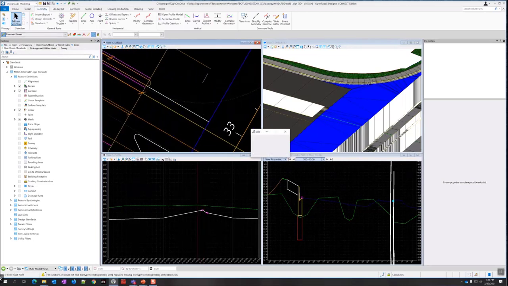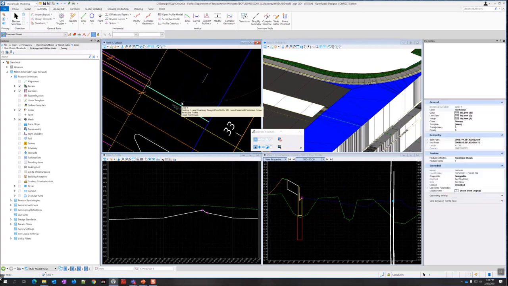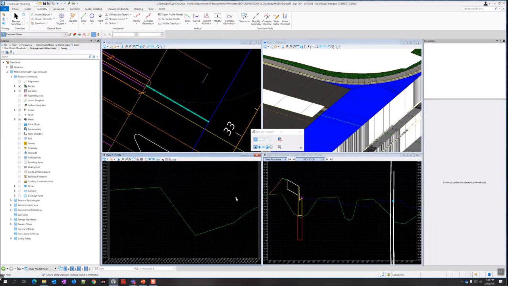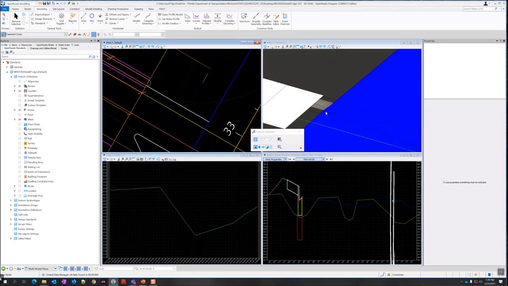And then I'm going to open a profile model for this. Bring that up. There's my existing ground. Do a nice little jog there. So just for reference here, I might actually project the centerline profile over to it just to see what that's doing. Knowing this should be 2% over, I could project it at 2%, and that would be following it.